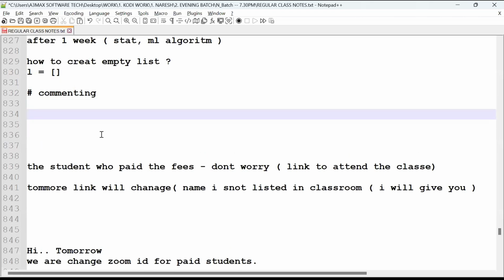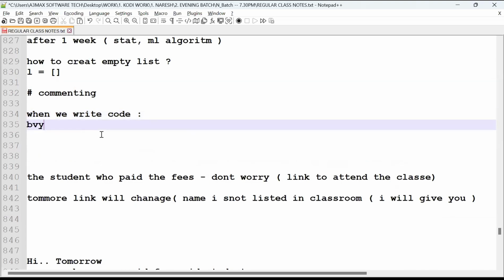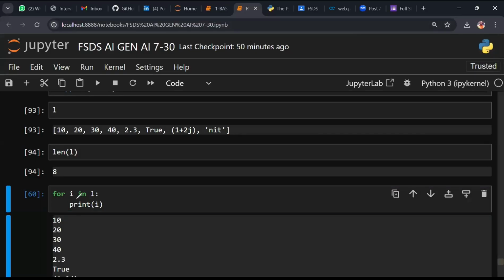So here, commenting means, as developers, we are developers now. When we write the code with a colon, by default your cell, what is called a cell? Cell means the prompt. This is the prompt or not?